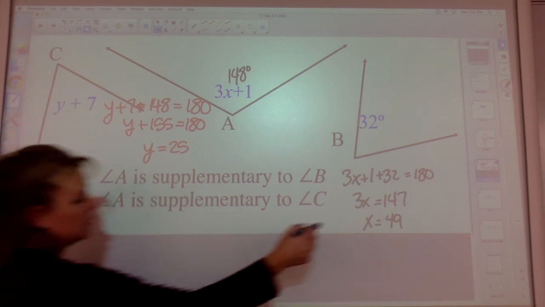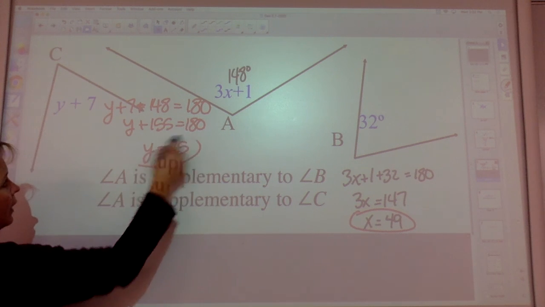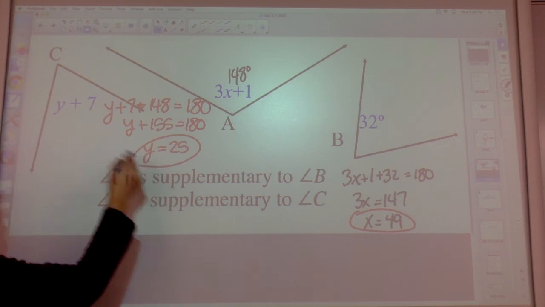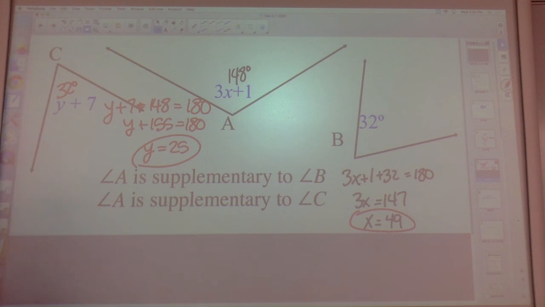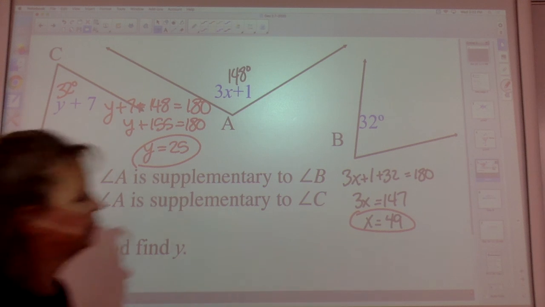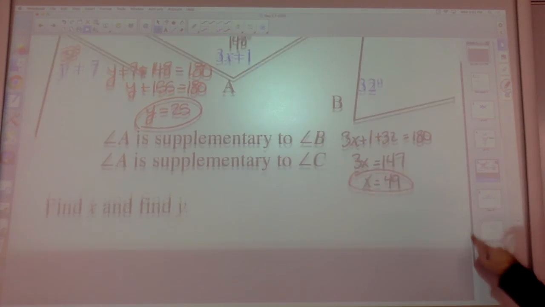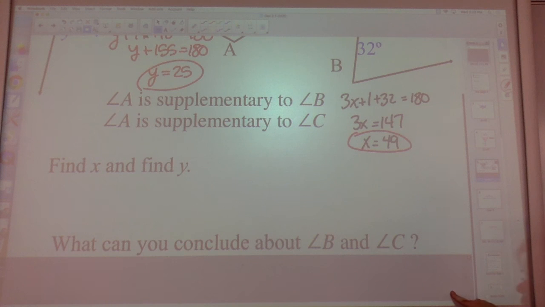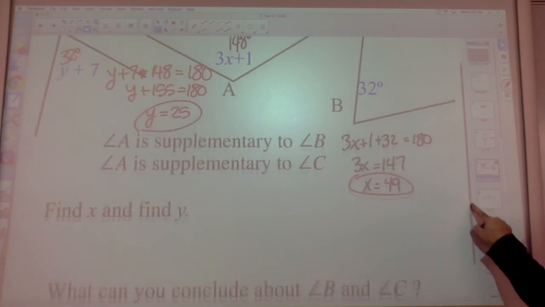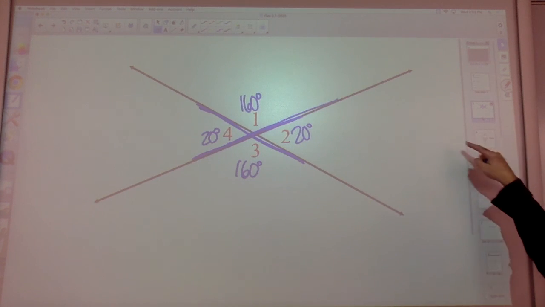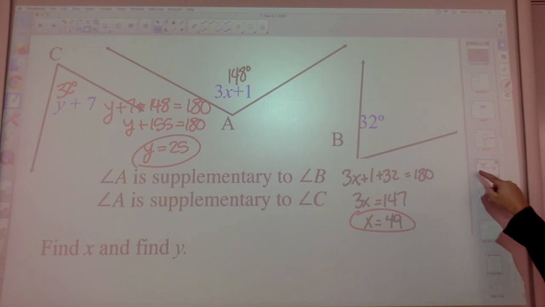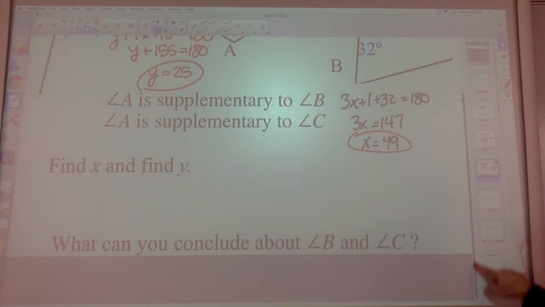So we found x, 49. We found y, 25. We plug y back in, 25 plus 5. Oh, it's 32 degrees. We found x, we found y. Guess I could have left room down there. What can you conclude about angle B and angle C, even though they're not vertical angles like they were in the previous diagrams? In the previous diagrams, they were always set up as vertical angles, but even if they're not,